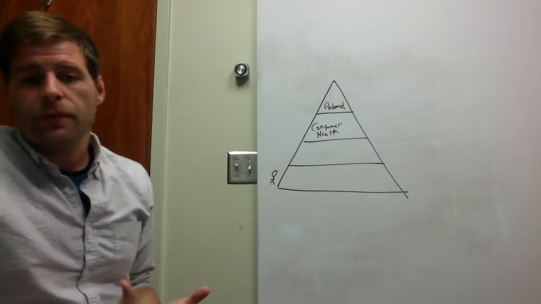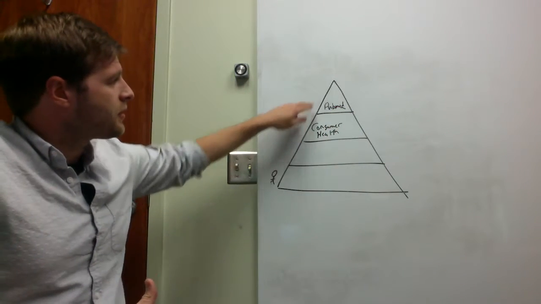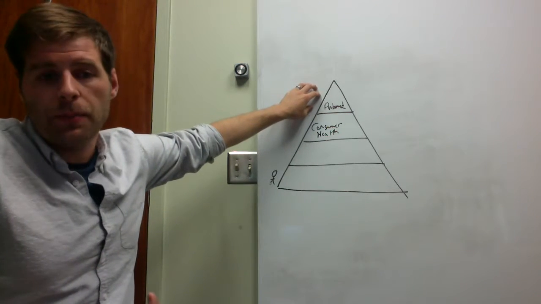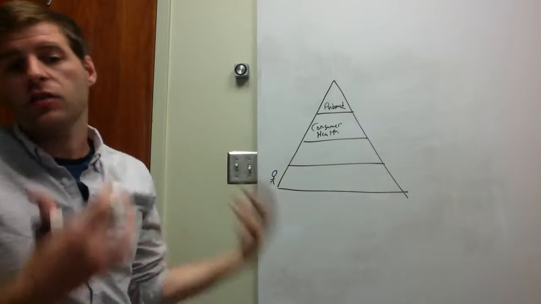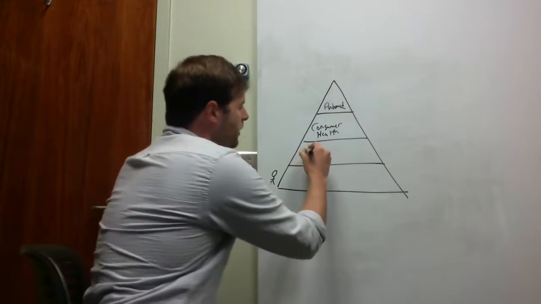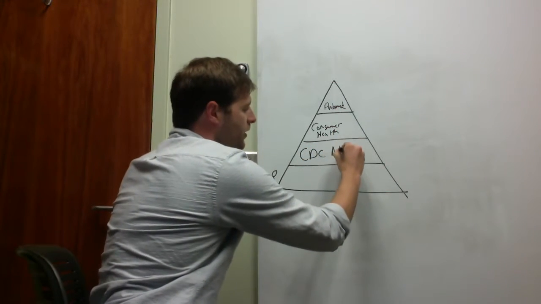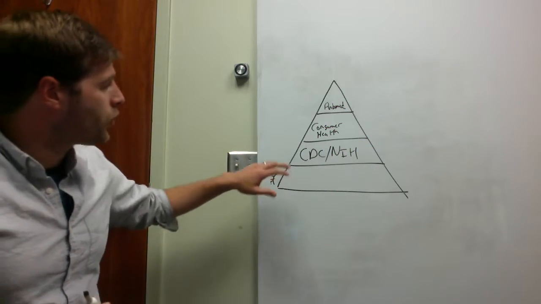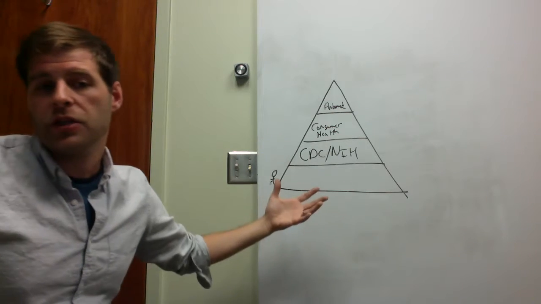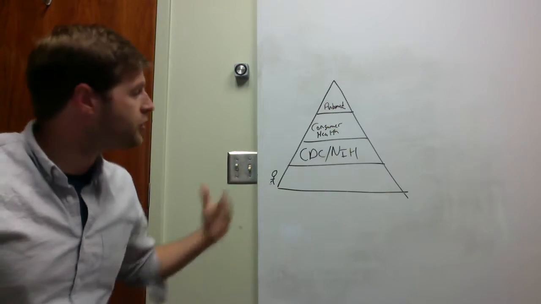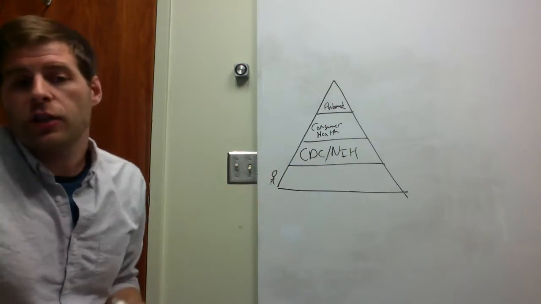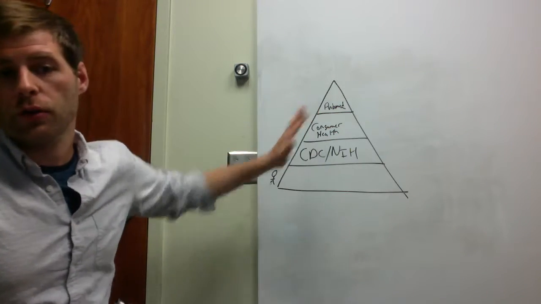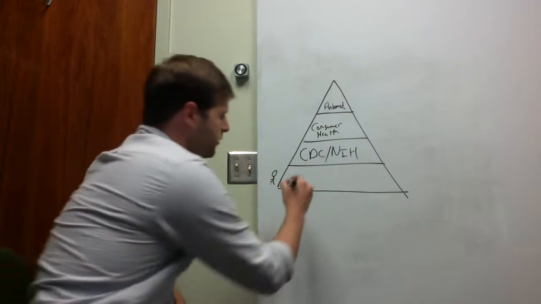It's still specialized information, but it's written at a level that's easier to understand than maybe PubMed is. If you're at consumer health and it's still not making any sense to you, then maybe we need to go to the CDC and the NIH. These are websites that are really geared towards public information. They're written sometimes at a consumer level, sometimes they're written for doctors, but they have some really useful information and they can help you make sense of a lot of information very quickly. If that stuff's not even making sense to you,